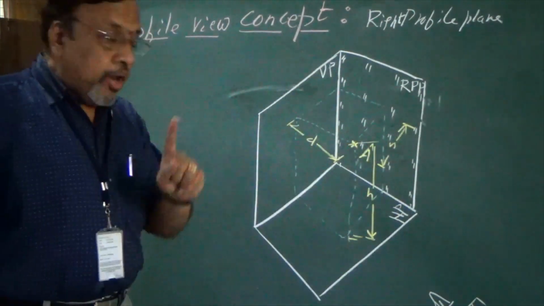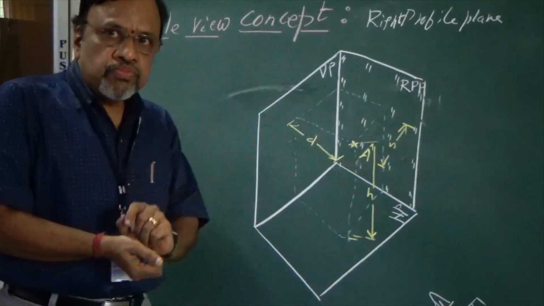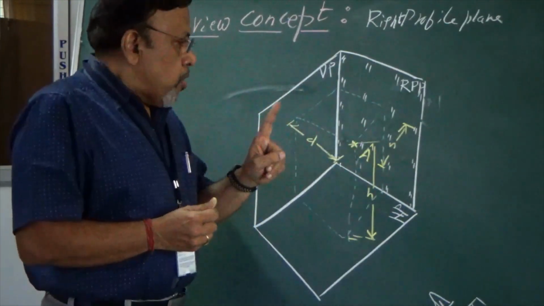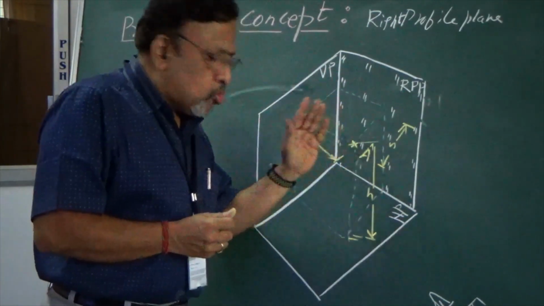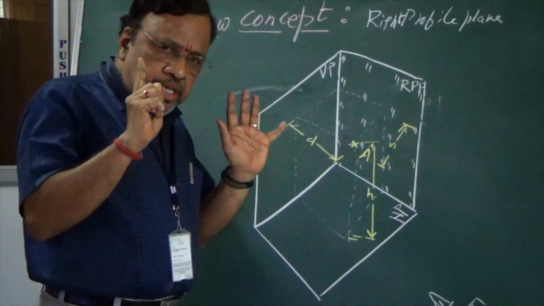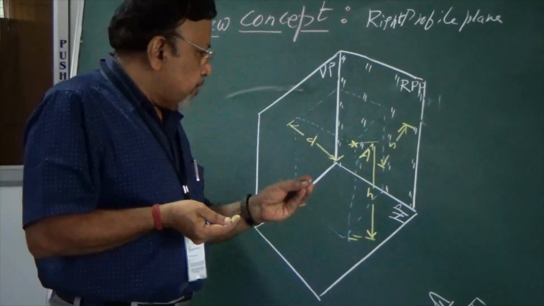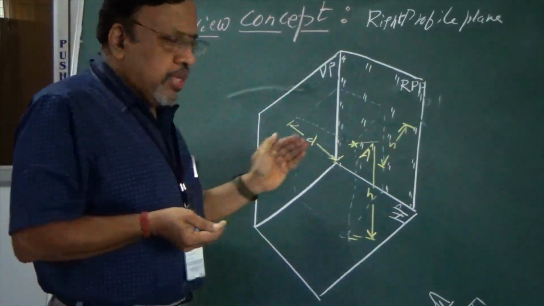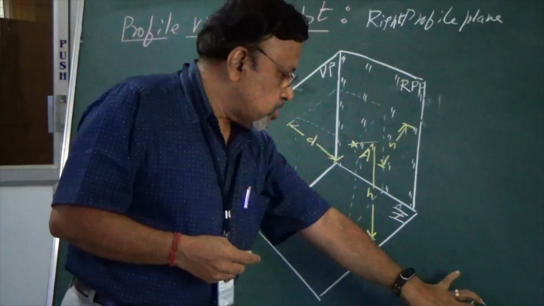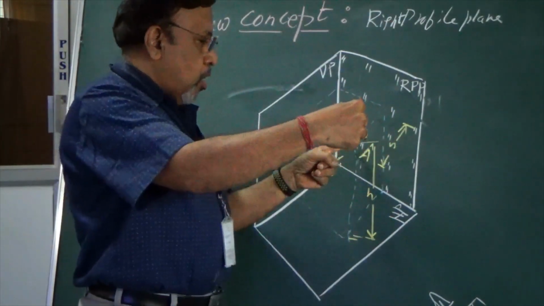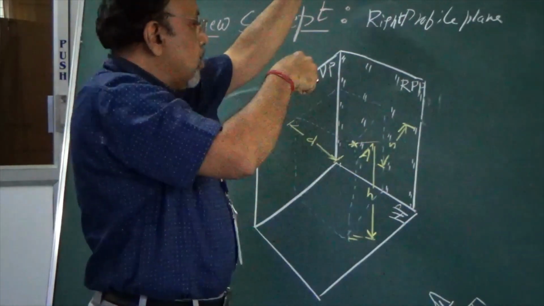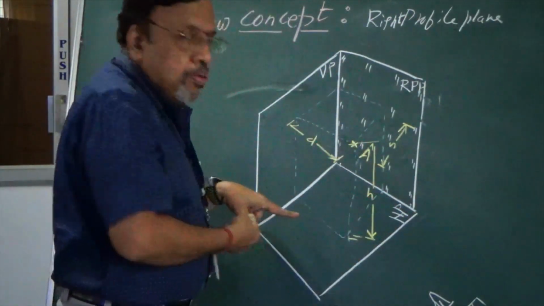Is it okay? Now remember, in the case of the front view, when a point is in the first quadrant, I told you that always the point or the object should be in between the observer and the plane. I need to follow the same convention whether I am looking from the front, from above, or from the side. If I look from the front: observer, object, then plane. Again, if you look from the top: observer, object, and the HP plane.